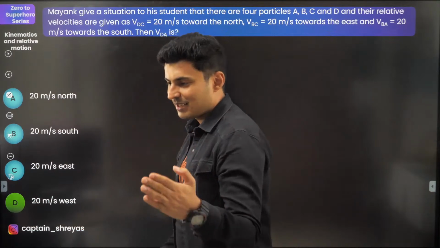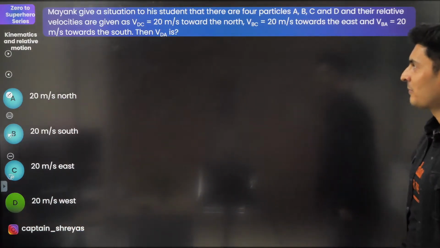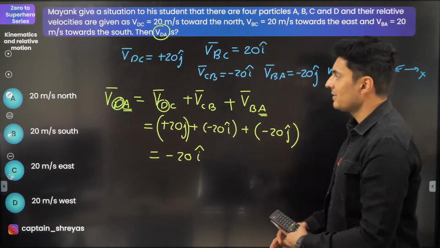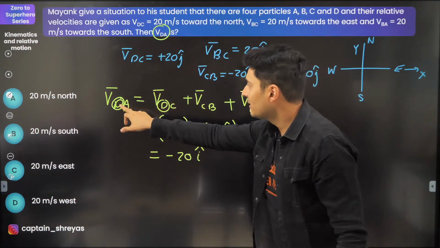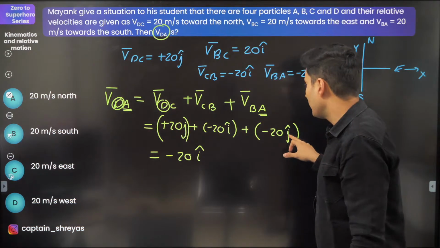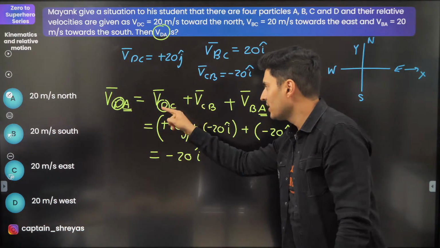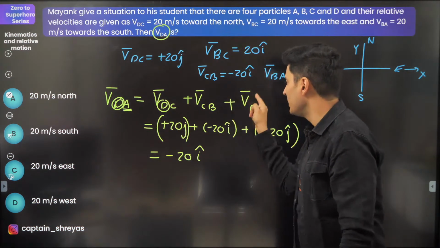A lot of people make many silly mistakes out here. So you can see that the trick over here is changing from one frame to other. Follow the order. This is here. The last alphabet comes towards the end. In between, D to C, C to B, B to A.